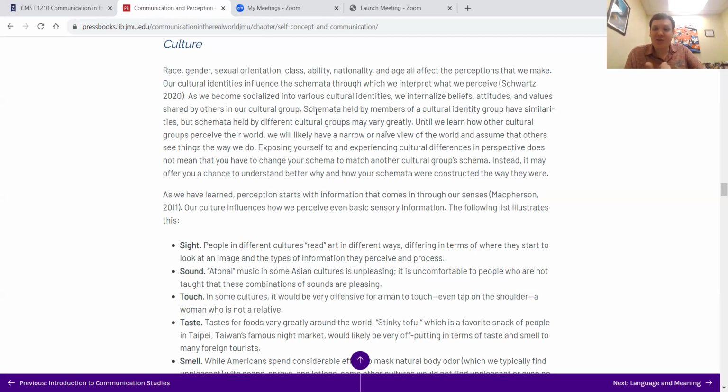Polychronic time. They knew it was going to get moved. It didn't matter if it got moved today or tomorrow. So they weren't worried about it. They were paying attention to the people they were with at that moment and giving them their full and undivided attention. The next day we came back, we got everything moved. It wasn't a problem. We got everything set up. It wasn't a huge deal. I didn't need to stress about it, and they weren't stressed about it, because it was going to get done. But those differences in culture impact how we perceive something.